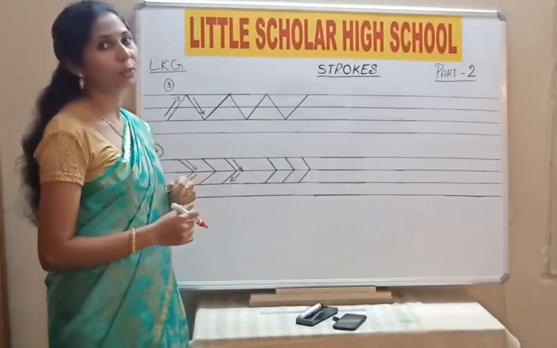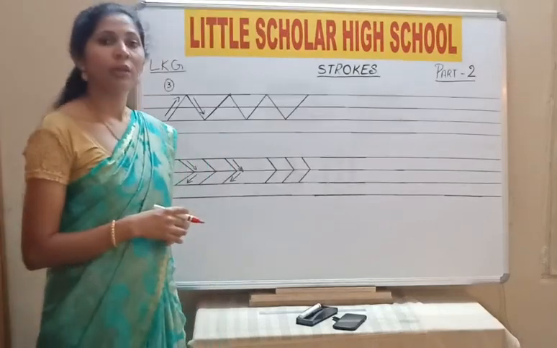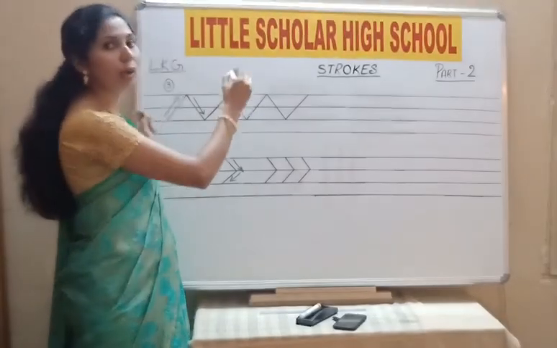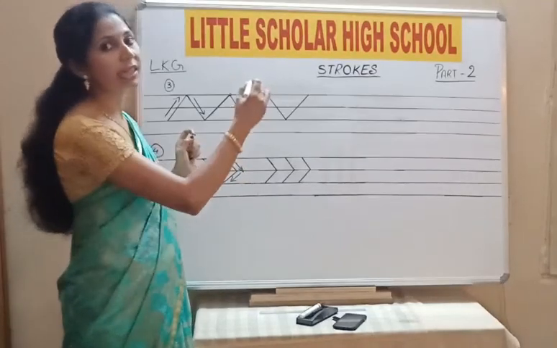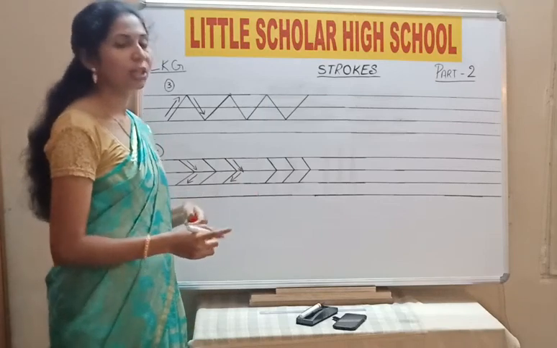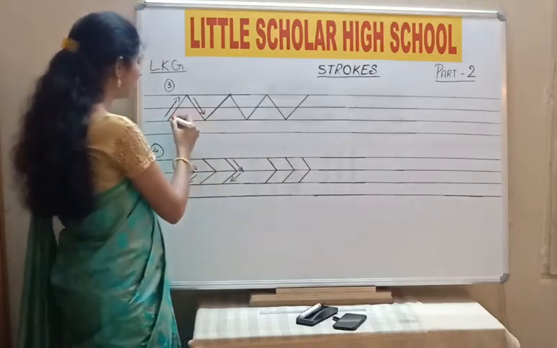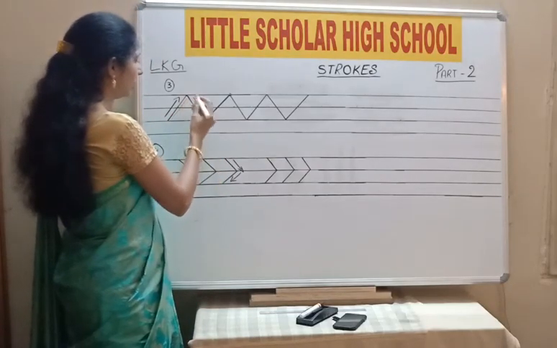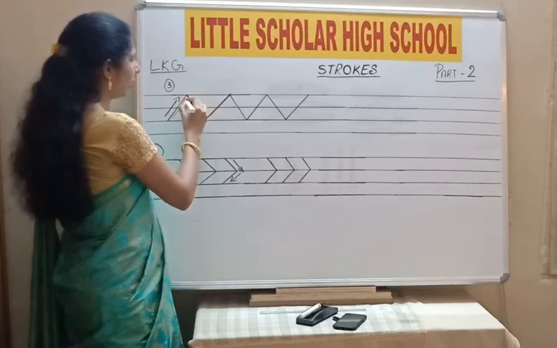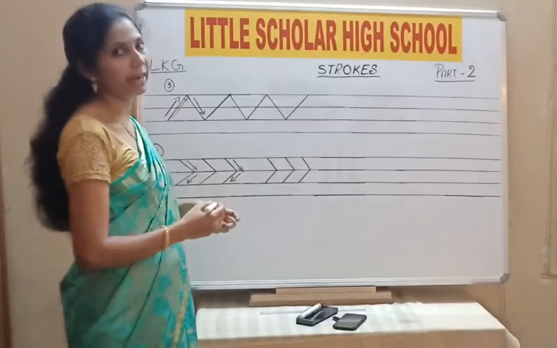So what we need to do is, as you did in the first and second strokes, trace the dots the same way. But this time you need to trace from down to up, not in a straight line but in a slanting way. For the first one I'll show you how. Sharpen your pencil, as I always say, keep your erasers ready, and from this point draw a line like this, from this dot to this dot, towards the upper side. From down to up you should draw a slanting line.